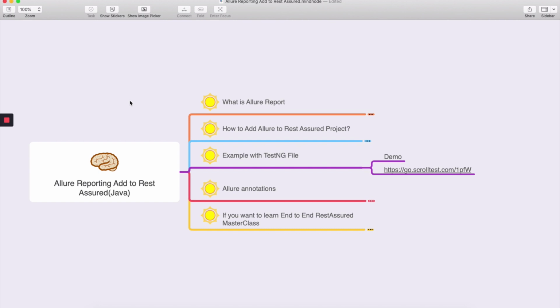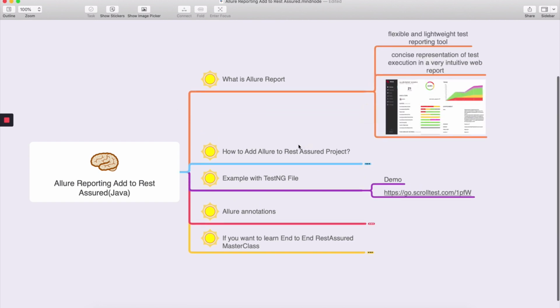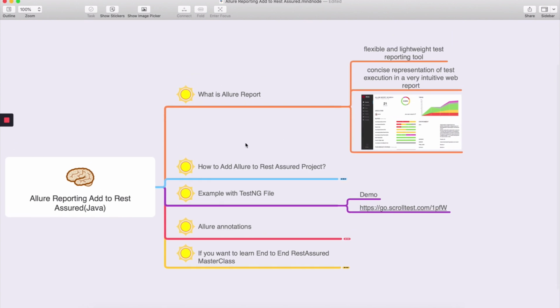All right, hey guys, so let's quickly jump into what exactly an Allure report is, right? Allure report is a flexible, lightweight test reporting tool. If you have used any kind of reporting tool in the past, you have seen that mostly we have the default surefire reports, which are very boring in nature, and if you see their HTML report, it's very basic and you will not be able to understand much of it, right? So what these guys have done is they have created the Allure report, which is a more extensive, better,